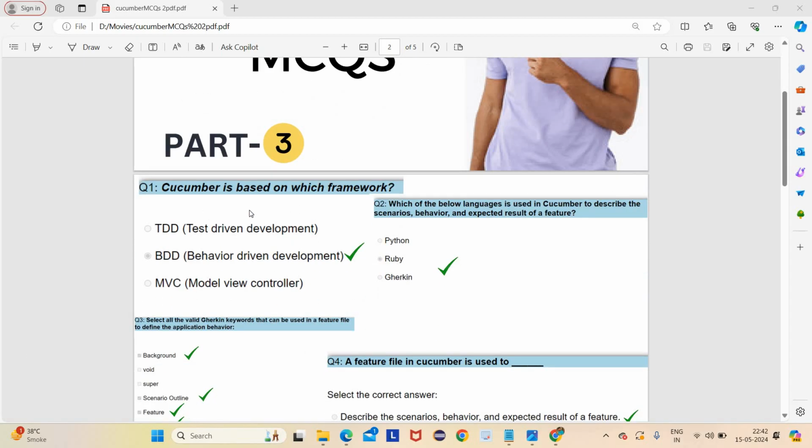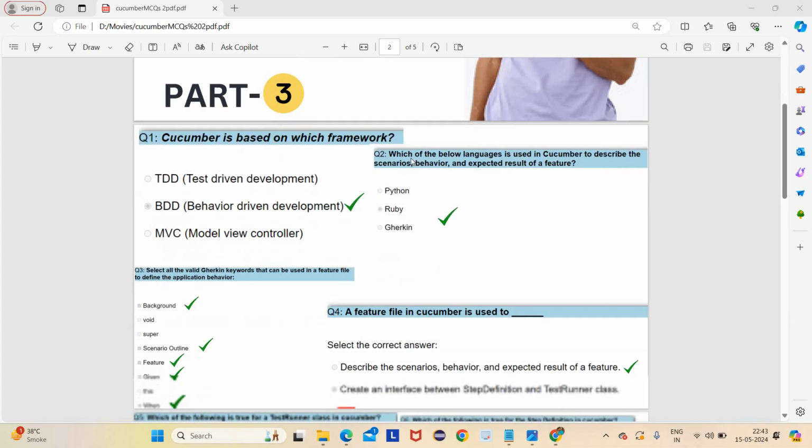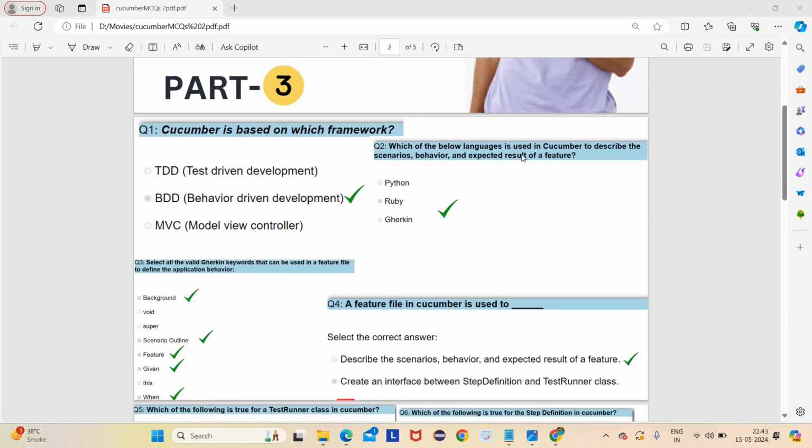So first question is, Cucumber is based on which framework? So Cucumber is based on the BDD framework, that is Behavior Driven Development framework. Okay. Question number 2, which of the following languages is used in Cucumber to describe the scenario, behavior and expected result? So answer will be Gherkin. Gherkin is a basic simple English language which is used to define the behavioral scenario and expected result of a